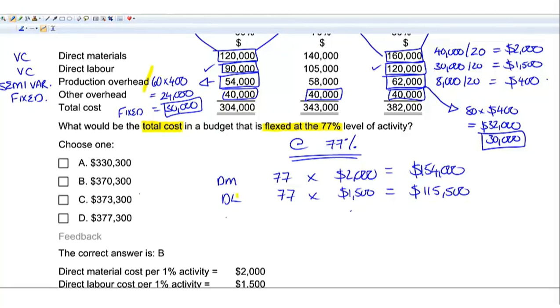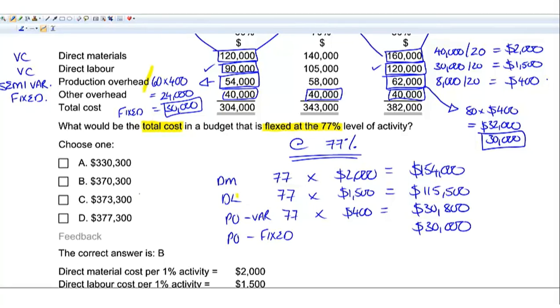115,500. For our production overhead variable element, if we take the 77 and multiply it by 400, it would give us a variable element of 30,800. If we add on to that the production overhead fixed element, which we established was 30,000, given that production overheads are a semi-variable cost. And then finally, if we add on our other overhead, we call that OO, our other overhead was a fixed cost of